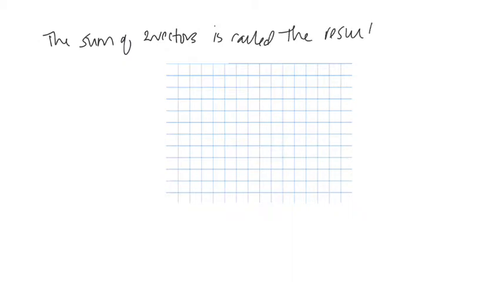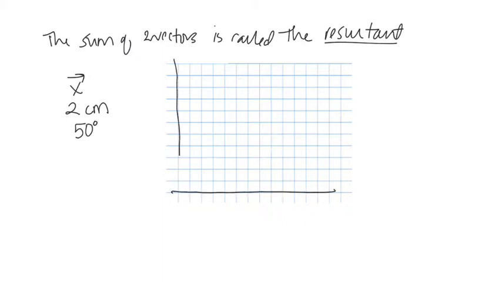So the last definition today, the sum of two vectors is called the resultant. Okay. So I'm going to try to draw a couple vectors, and then we'll talk about adding vectors. So vector X is going to be 2 centimeters and 50 degrees. Okay, so if I draw in my axis here,